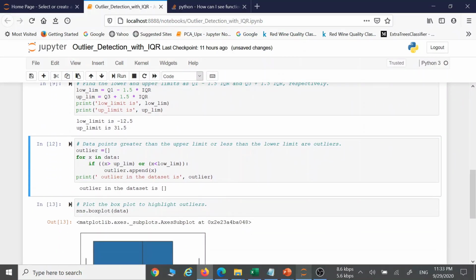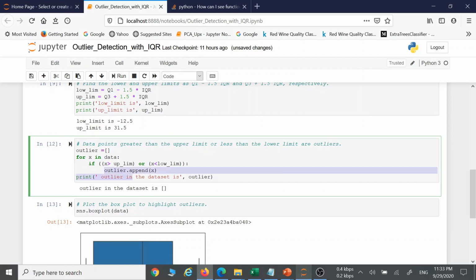Now if you want to find the outliers, we can do it this way. Take a blank list, then use a for loop. x is a variable in the data set, and we are using the for loop. If x is greater than the upper limit, it means the right side, or x is less than the lower limit, it means the left side.